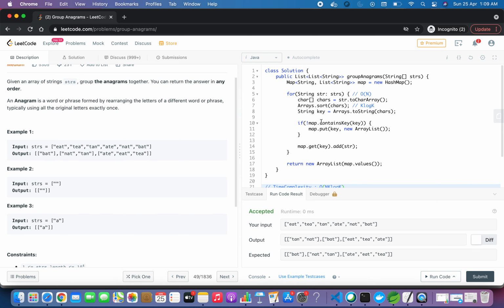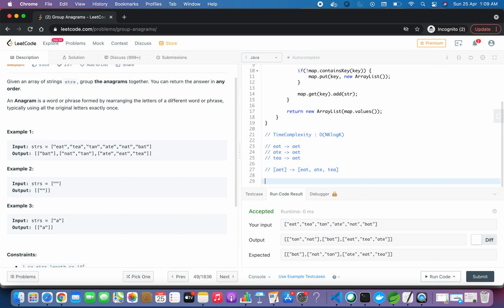But if you observe, we can reduce this. We don't actually require this Arrays.sort. So that will be our second solution, as to how we can remove Arrays.sort. What we are planning to do is, suppose we have eat, then we can store it in a string variable which will have the frequency of each character.